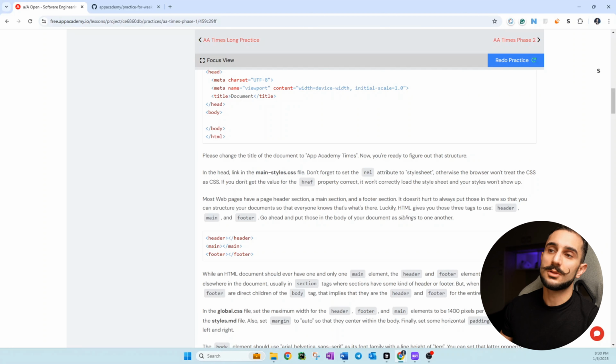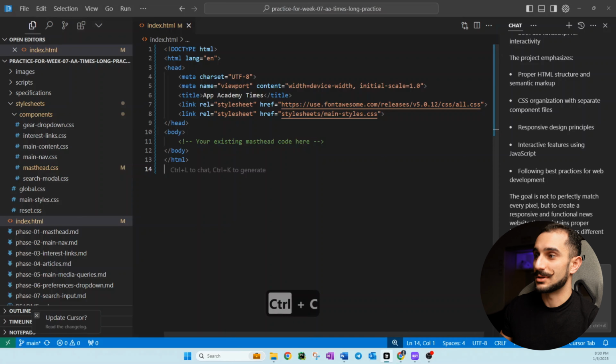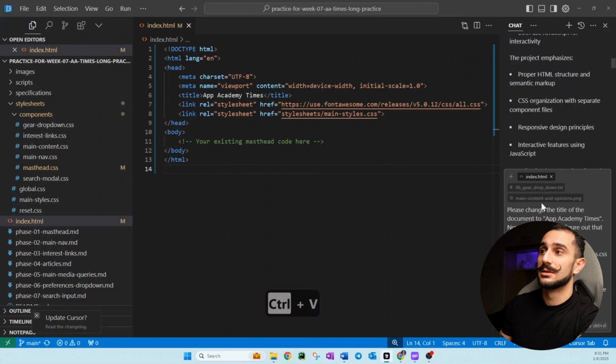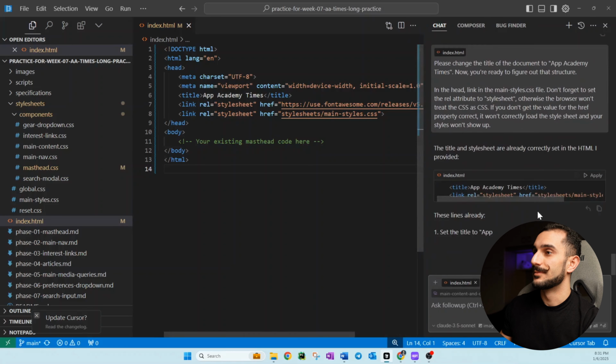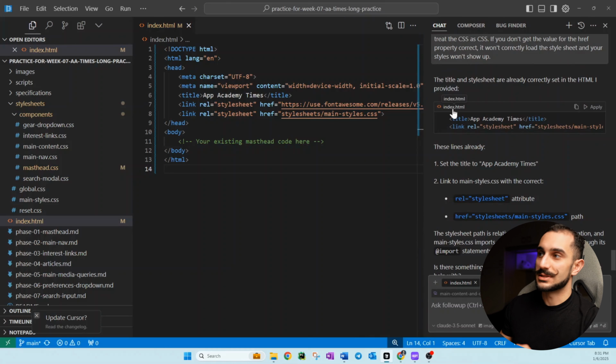Okay, I don't really want to do this. It's boring. I know how to do it, but I don't want to hardcode it. So why not just use the exact same thing they asked us and ask Cursor, can you be so kind and do it for me? And usually it is. You see, it just detected the index.html and I can just click on apply.